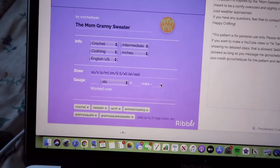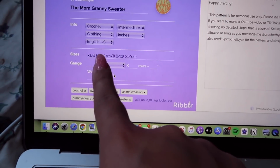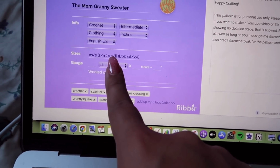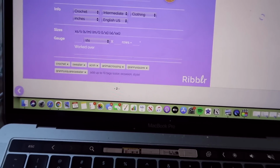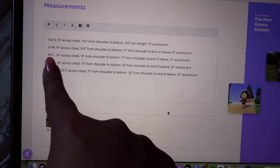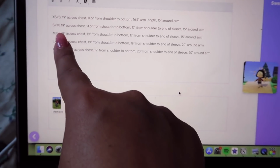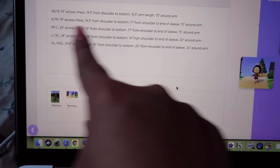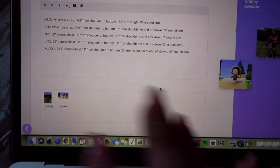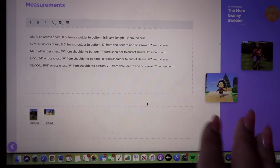I don't have a gauge because mine's in granny squares, so it's a little bit weird, but the great thing is, say I'm making the medium large size, once I click on that and I go further into the pattern, like right here is the measurement area, it's only going to show me the medium large size. So it won't show me any of the other sizes, it just shows me the size that I selected to work on, which is really great because it's helpful in keeping track of what you're doing in